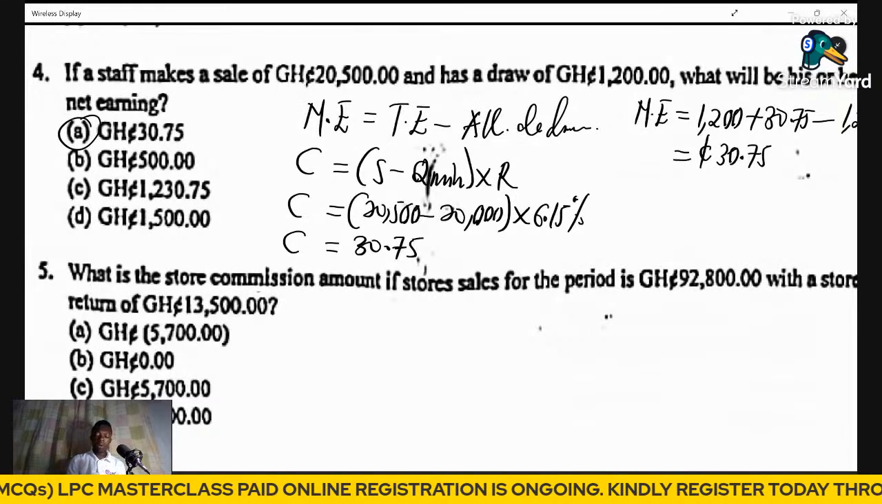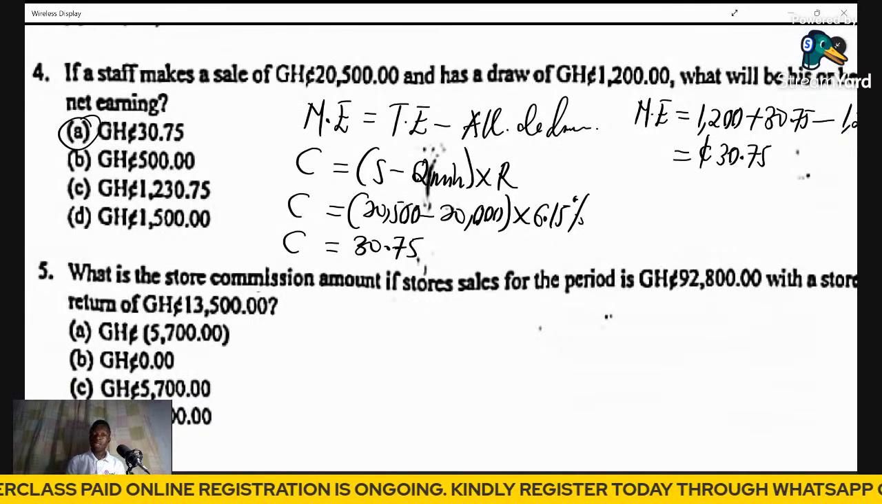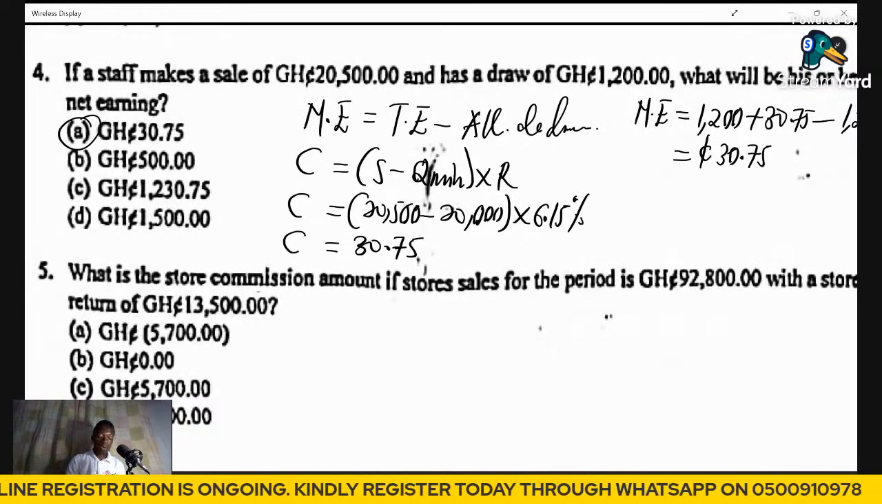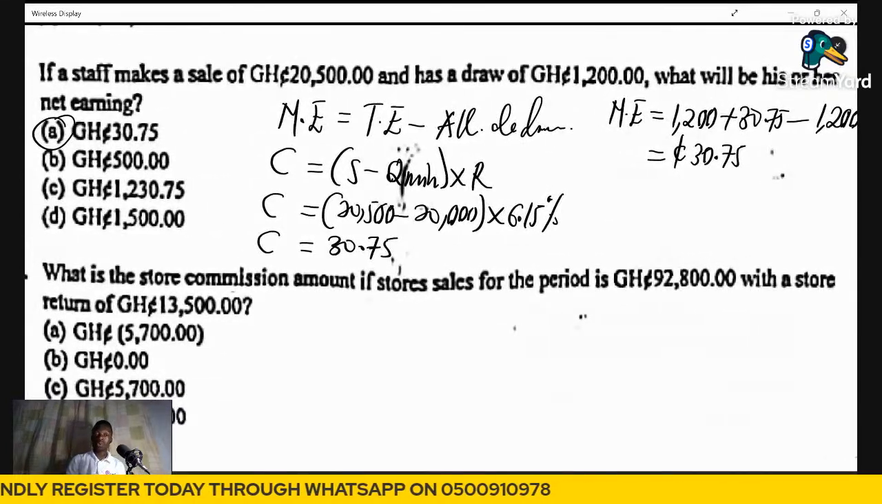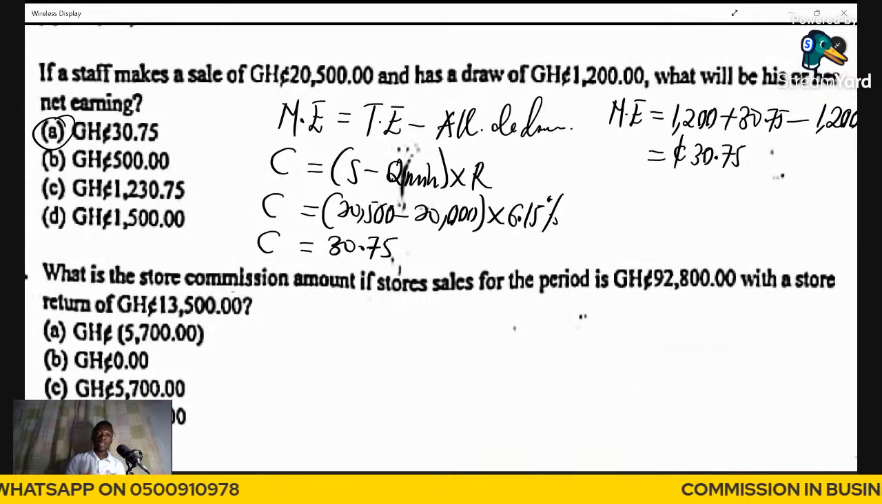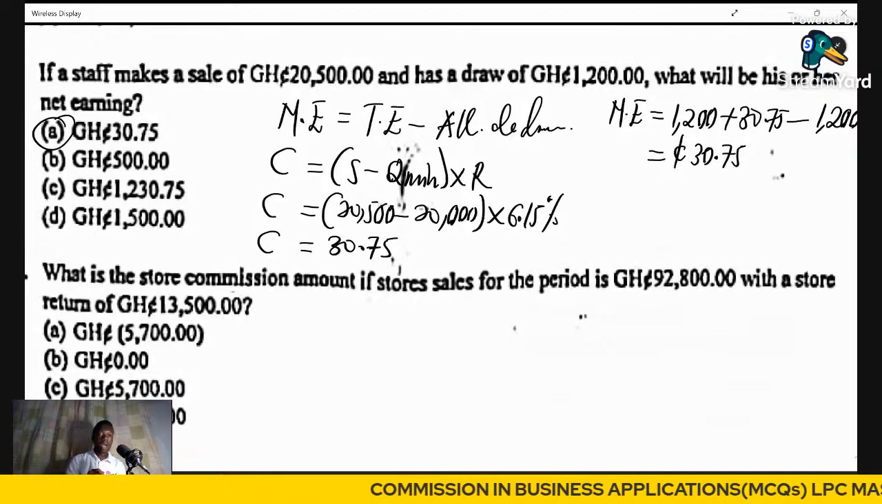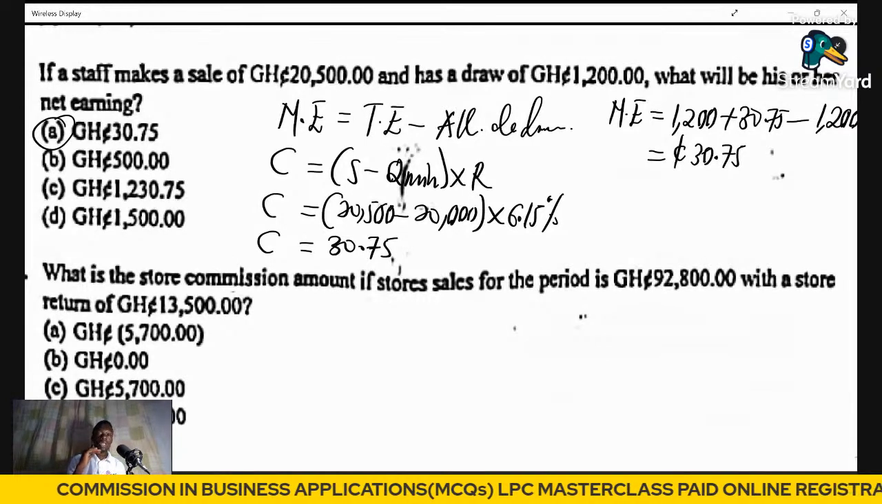What is the store commission amount if a store sales for the period is 92,800 with a store return of 13,500? Okay, so when it comes to store commission, there is also another type of commission called an override commission. This form of commission is actually given to a supervisor, head of department, or individuals who hold key positions